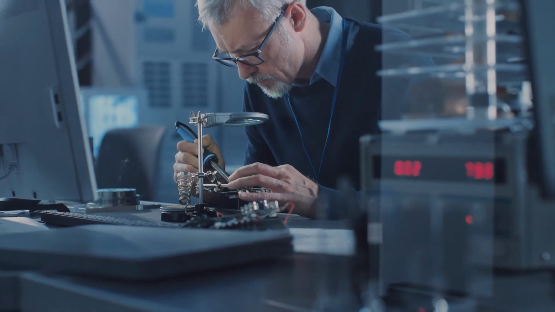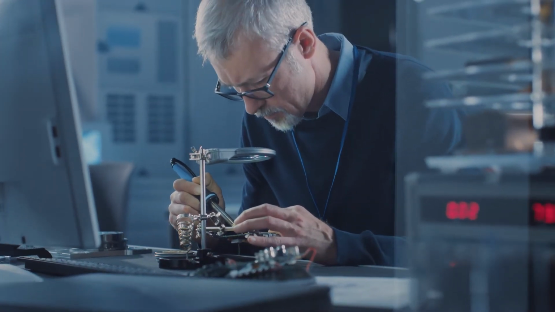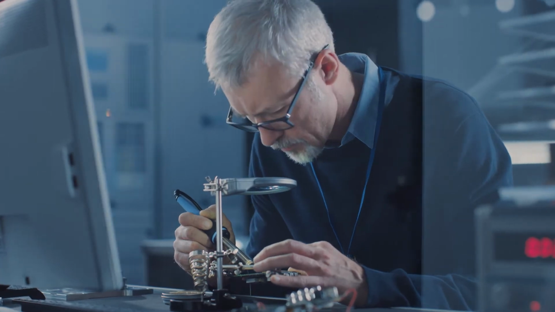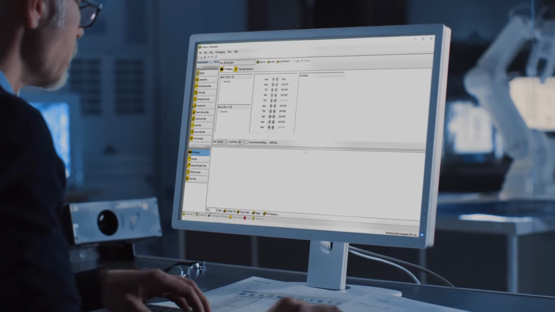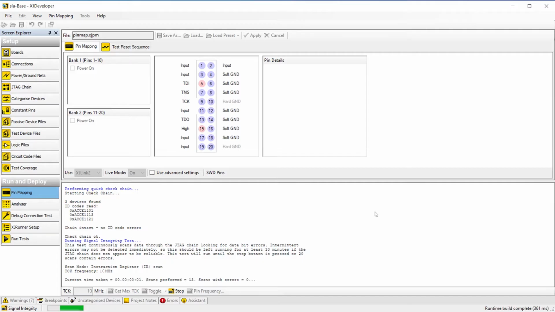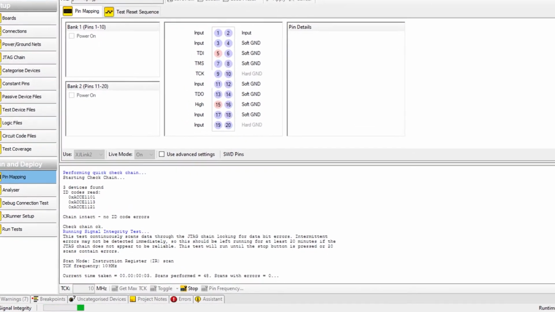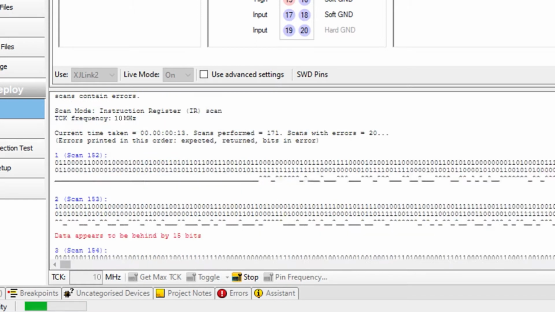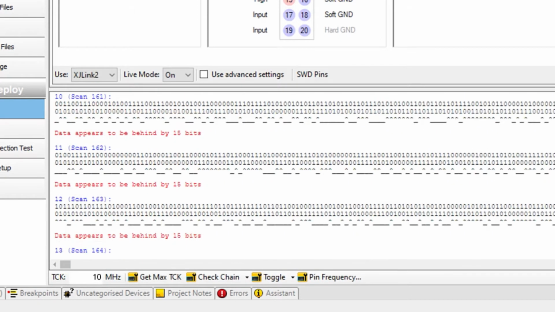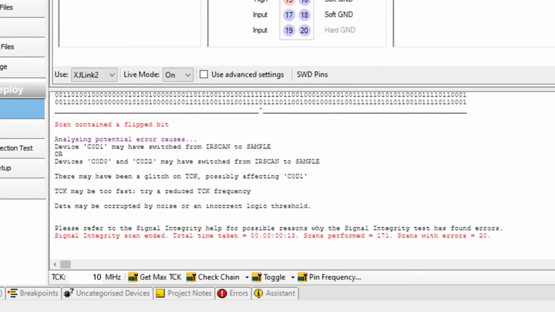When you come to getting your setup running at full speed, signal integrity issues can cause last-minute delays. But with XJTAG 3.12, it's now easier and faster to find the source of such problems. The inbuilt signal integrity test has been helping detect issues like that for many years. But in this latest release, it will also automatically analyse any errors that occurred. We've used our extensive experience analysing such data on behalf of clients to create algorithms for this task. The software identifies specific characteristics in the errors and uses them to suggest the most likely cause.